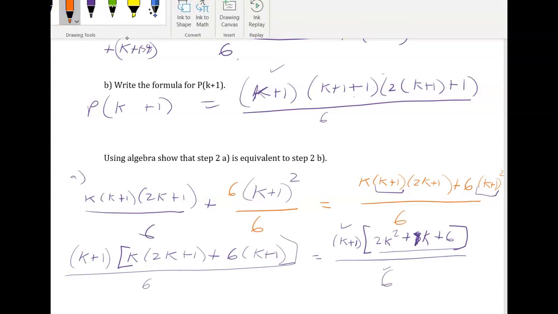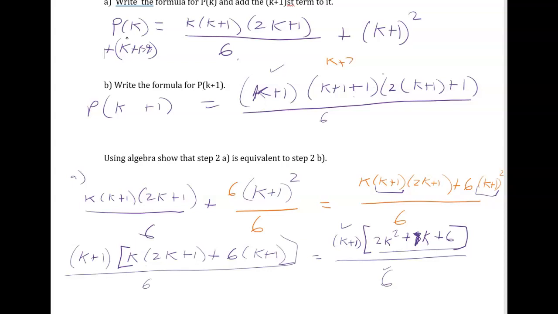So I'm going to work with this here. I get k plus 2 times, so this will be k plus 2 times 2k plus 2 plus 1, 2k plus 3. And if I multiply that out, I get 2k squared plus 7k plus 6. So this is k plus 1